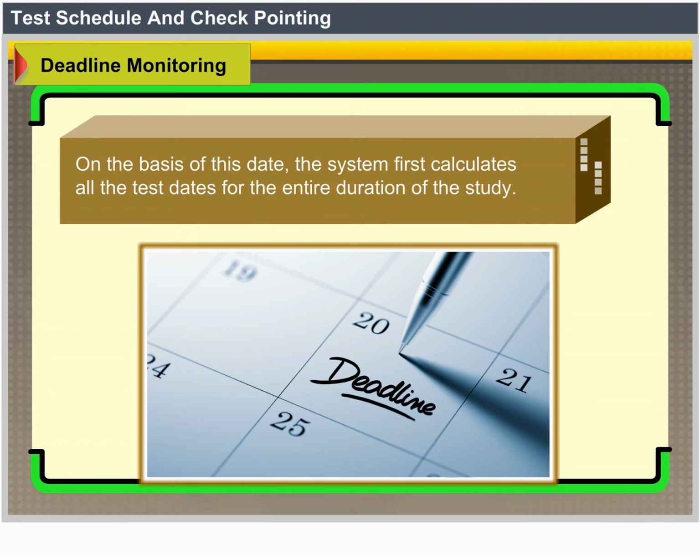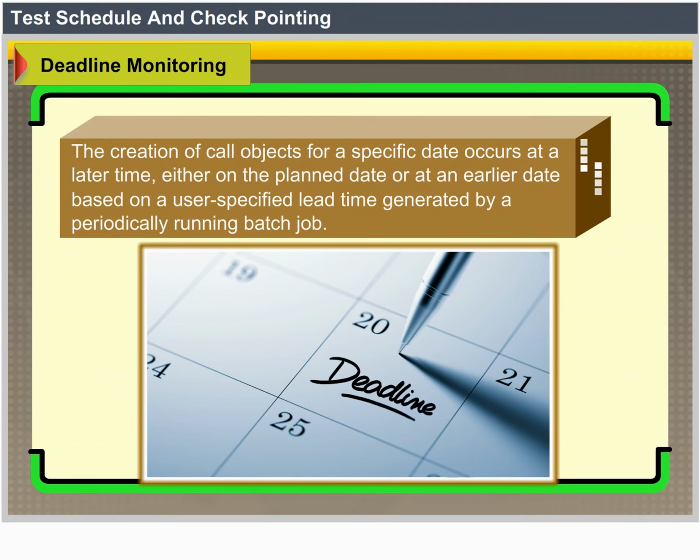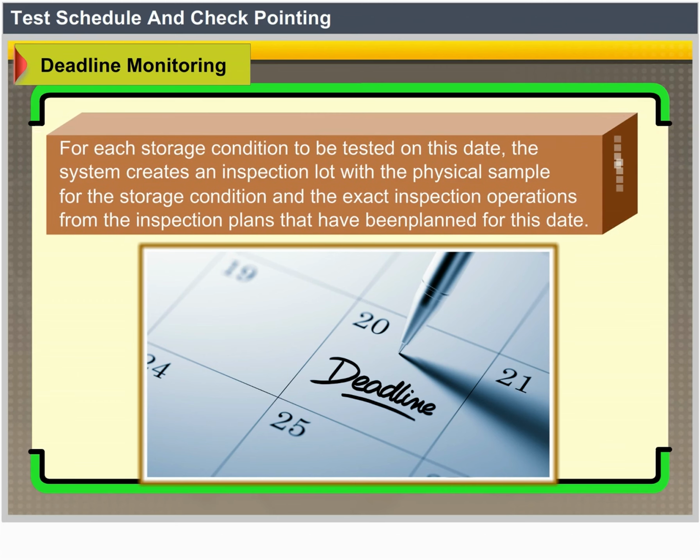The creation of call objects for a specific date occurs at a later time, either on the planned date or at an earlier date based on a user-specific lead time, generated by a periodically running batch job. For each storage condition to be tested on this date, the system creates an inspection lot with the physical sample for the storage condition and the exact inspection operations from the inspection plans that have been planned for this date. Example: